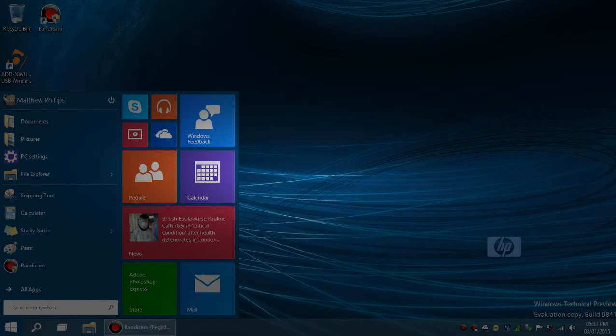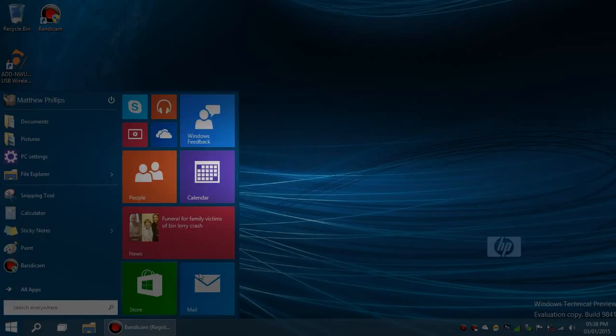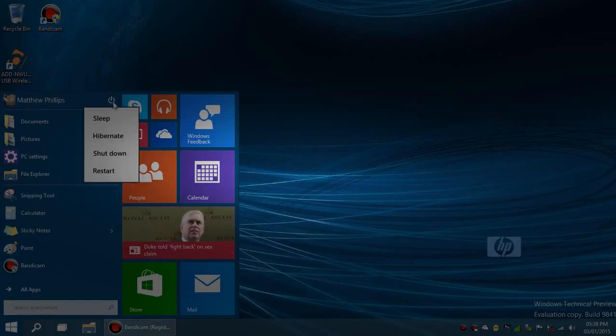So let's take a look at the start menu. As you can see, it's changed since the last version, and you've still got all these tiles that you can choose, so you can put live tiles in and customize what you want. So they've kept the live tiles, but they've managed to make it into more like a Windows 7 start menu. And obviously you still have all the options at the top, like to shut down, hibernate, restart, although hibernate has to be selected